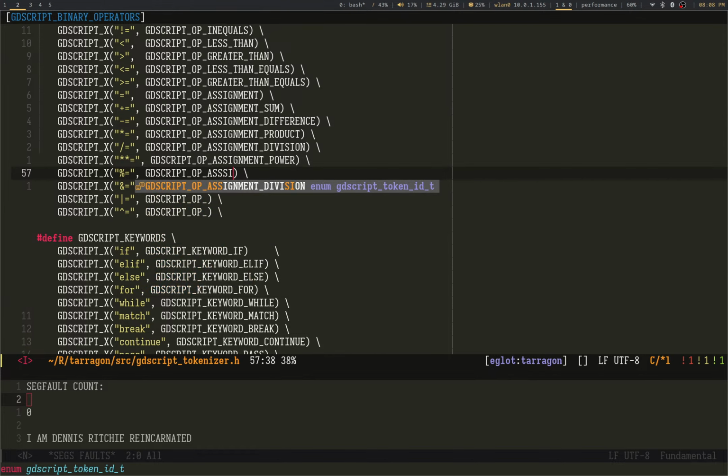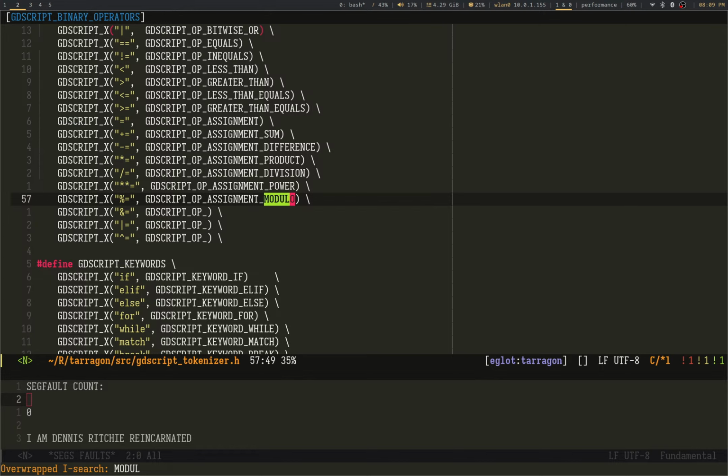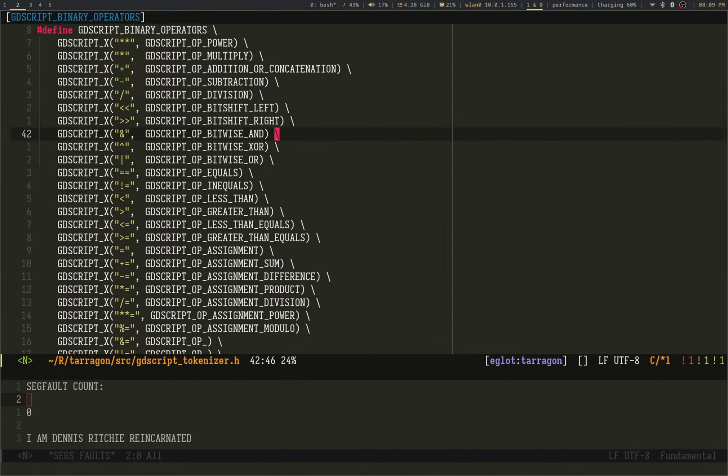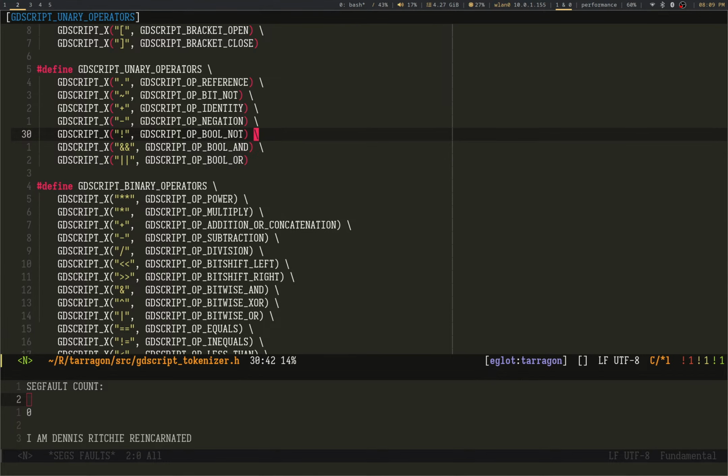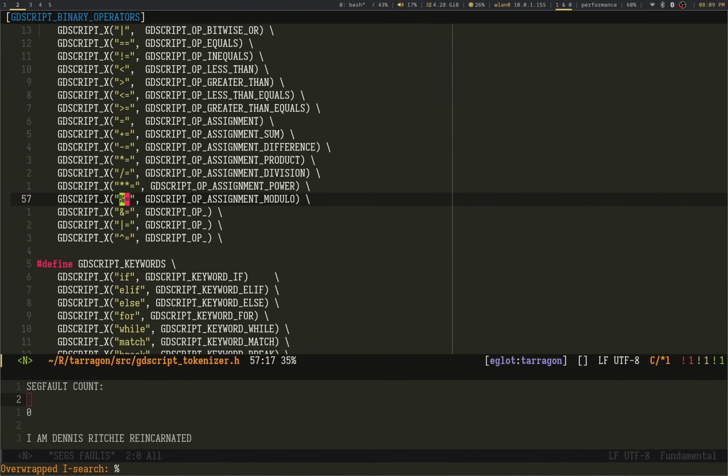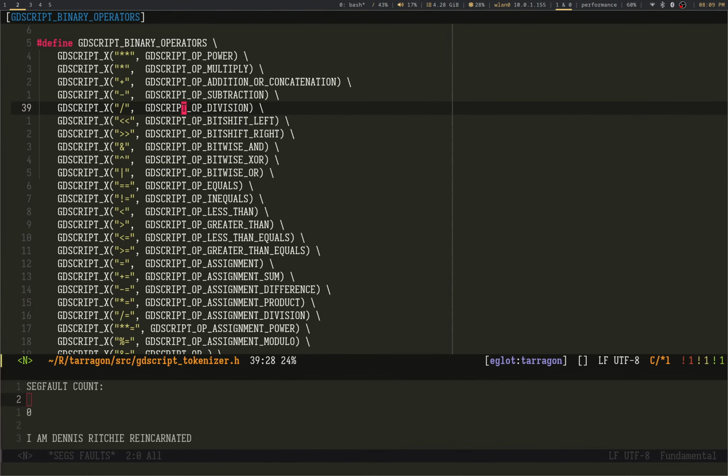This is assignment, modulus. I thought I had more modulo. I thought I had modulo. Uh-oh, I lost my modulus operator.